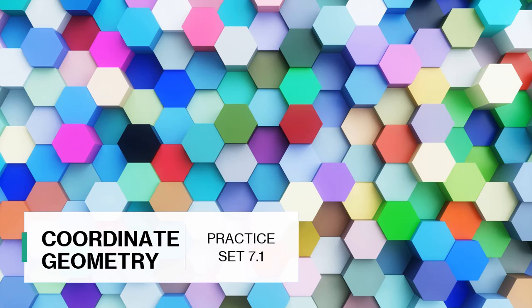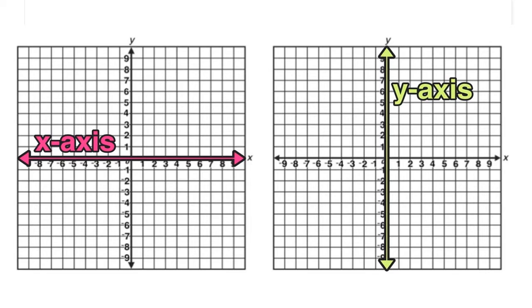Practice set 7.1 of the chapter coordinate geometry. Before we actually start with practice set 7.1, let us revise whatever we have studied in the previous videos. So the basic of this coordinate geometry, you should be aware that on a graph paper there is one